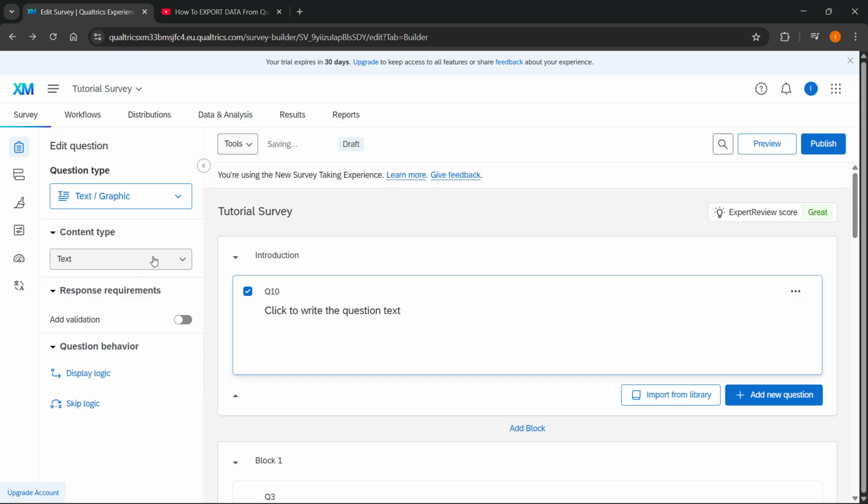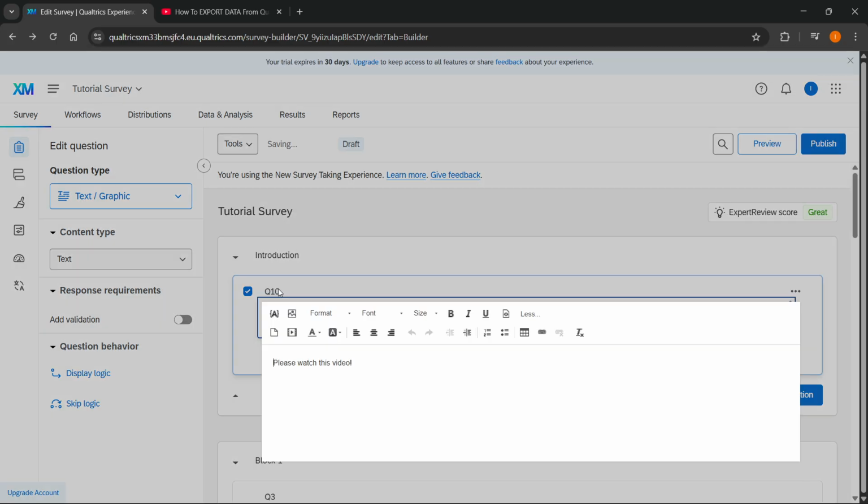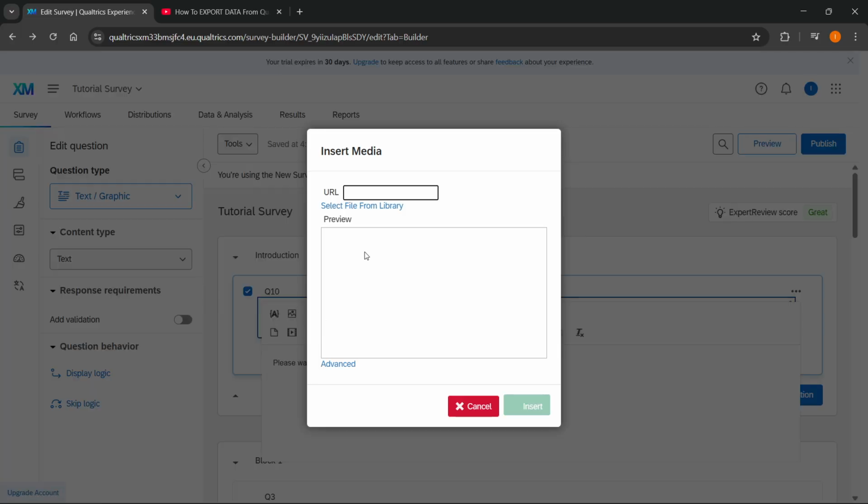When you do so, the content type can stay as it is, and you want to simply click on where it says click to write the question text, and then you can type, for example, please watch this video or something like that, okay? You can then click on the Rich Content Editor over here, and it's going to give you the ability to basically click on more over here. You can position yourself where you want your video to be. I'm going to go down here, and then you want to click on this button over here to actually insert